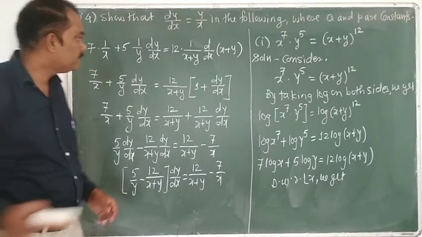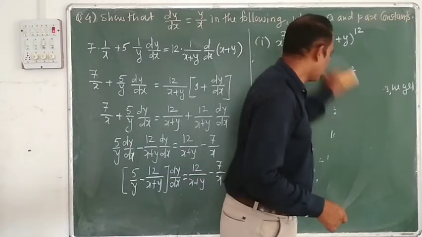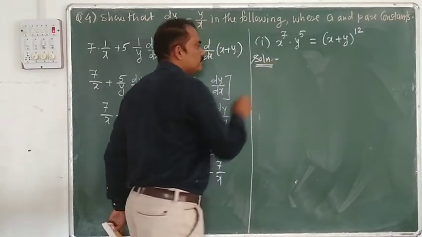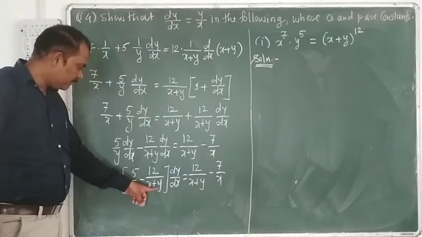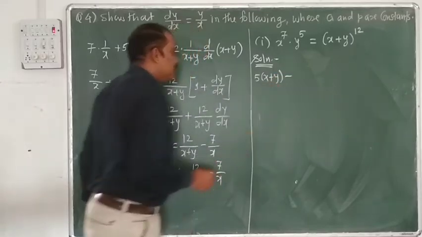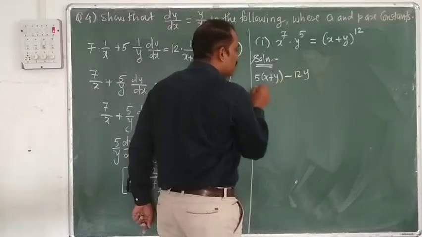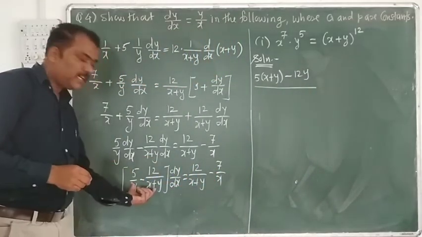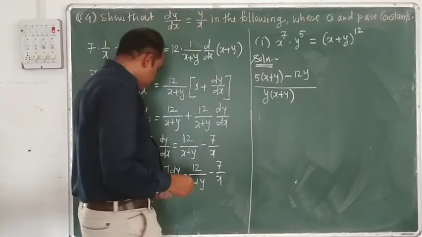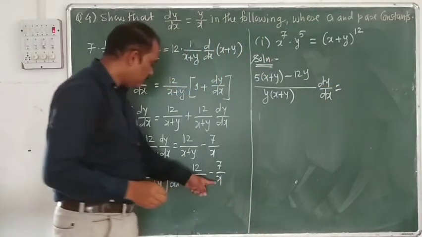Here x plus y is multiplied to this 5, so 5 times x plus y, minus this y multiplied to 12, so we get 12y, divided by the product of the denominators, that is y into x plus y, and dy by dx as it is. dy by dx is equal to...